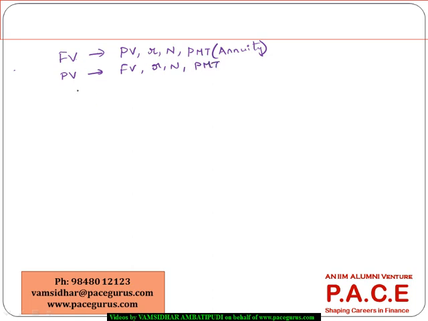But in some business scenarios it might very much be possible that both PV and FV are available,